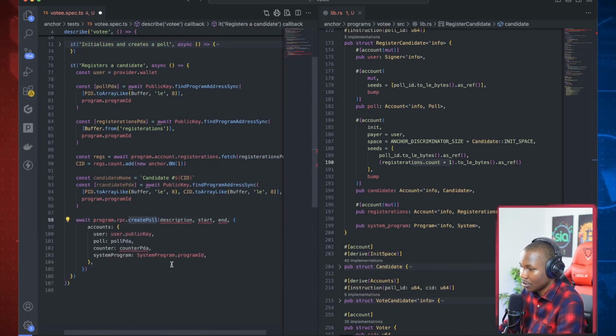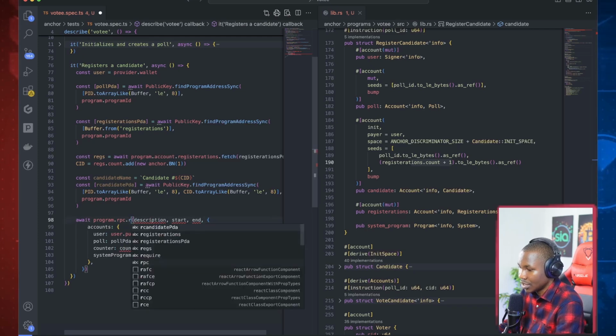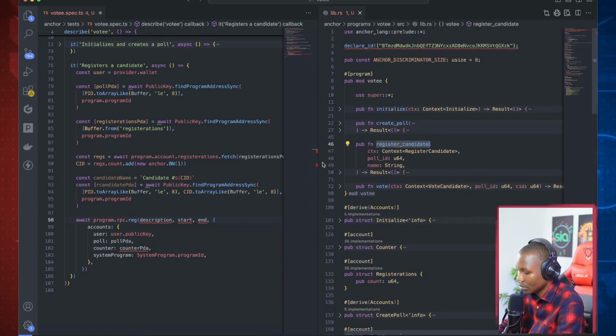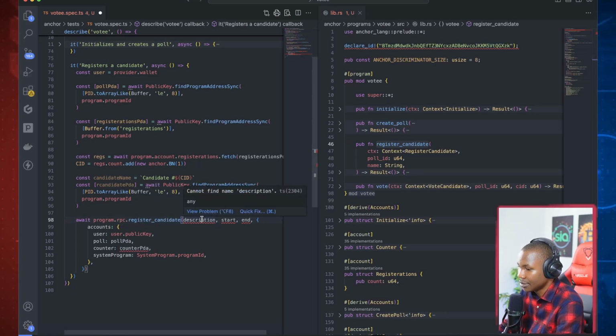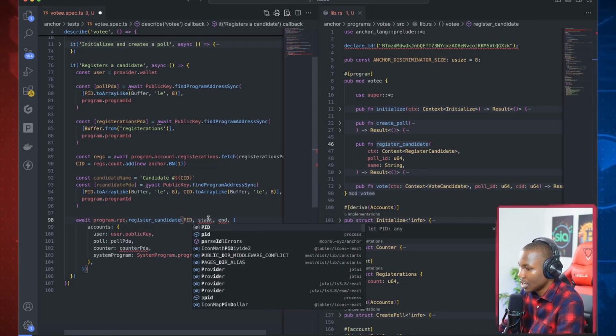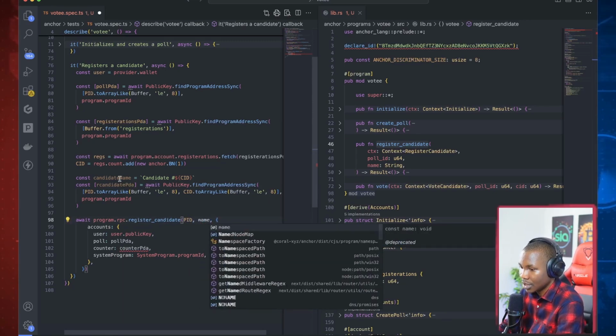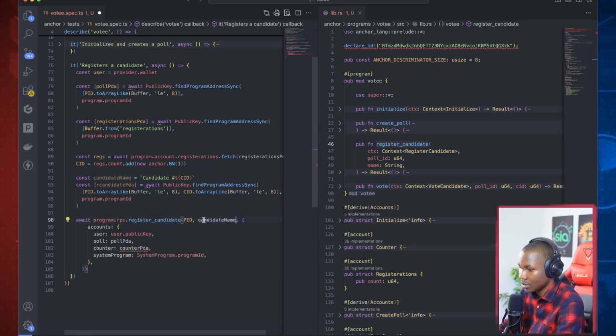I'm going to call on register candidate, this method, and in this register candidate we need the poll ID, which is PID, and we also need the name, the candidate name here, which is what it is here, and make sure that this thing is correct,